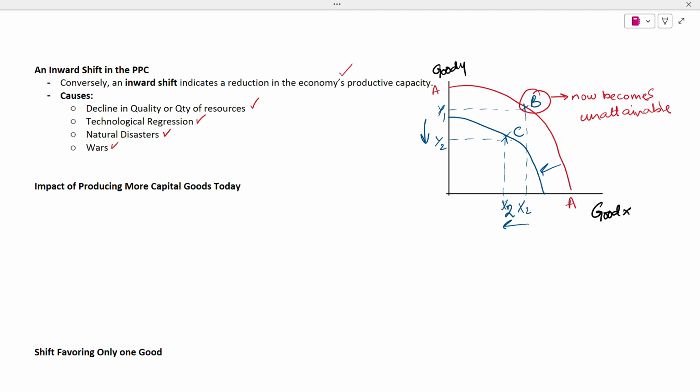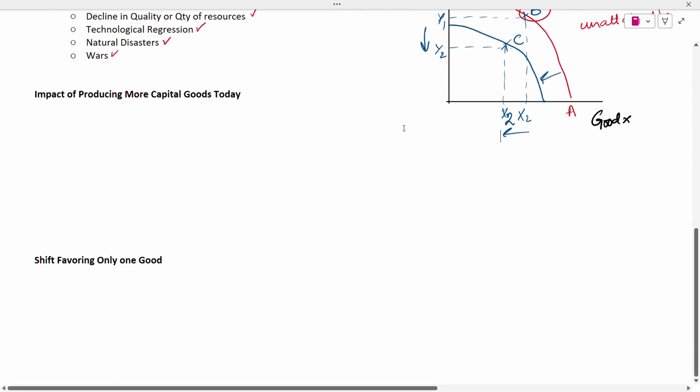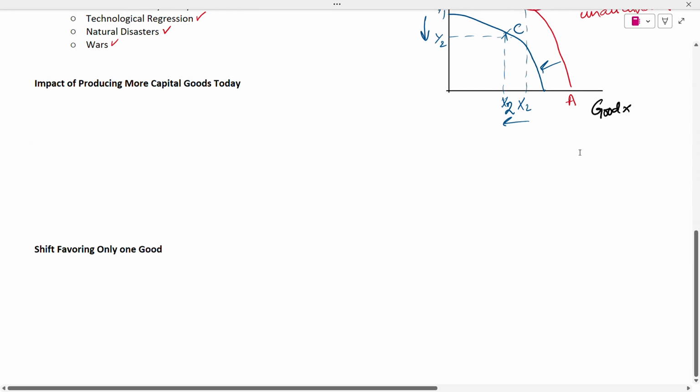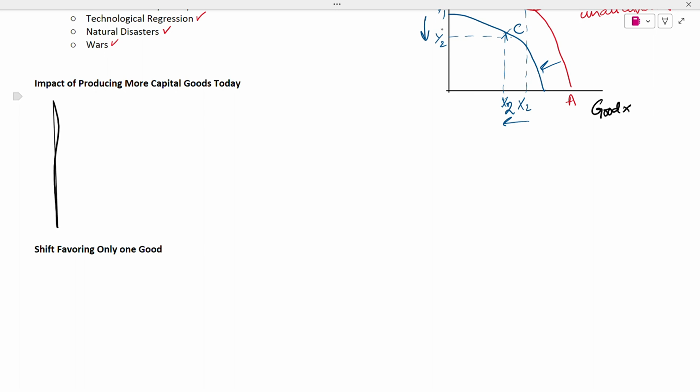So that means that the productive output of both goods and services reduces. And that is what an inward shift in PPC means. It means that inefficiencies in the economy have increased. There is an economic shrinkage rather than an economic expansion, and we'll talk about that in our next sessions as well. The next concept that you guys need to understand is what is the impact of producing more capital goods today. So for example, if we broadly categorize the goods that an economy can produce into two components,